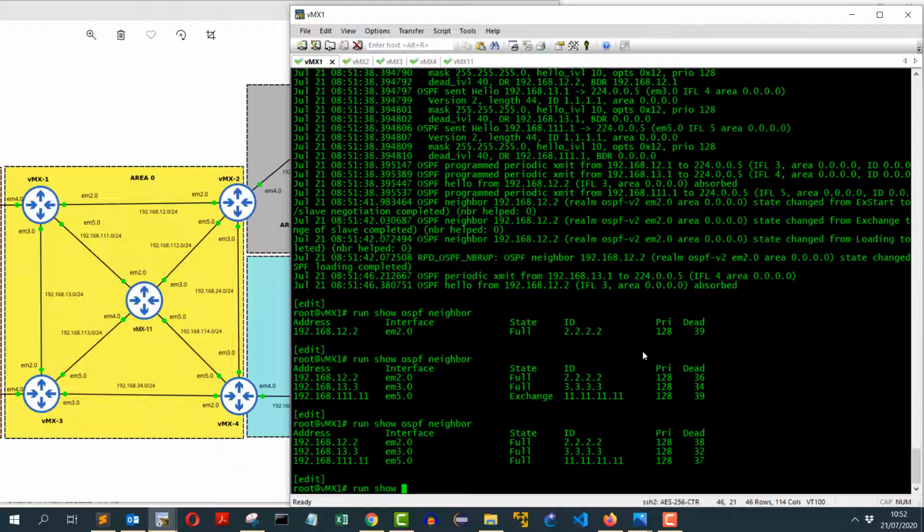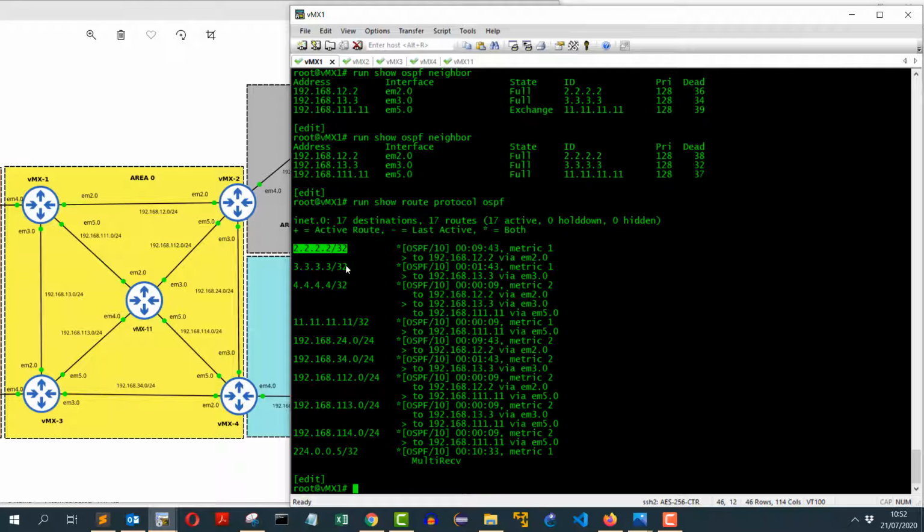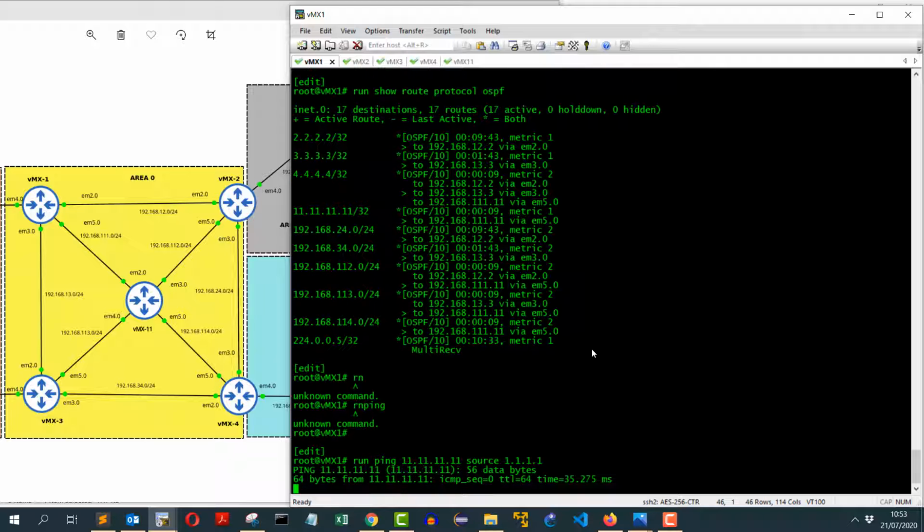And if I do a show route protocol ospf, I got a route to VMX2, I got a route to VMX3, VMX4 and VMX11's loopback. And if I want to ping, I should be able to ping all the routers. Run ping 11.11.11.11 source 1.1.1.1, and I can ping it.